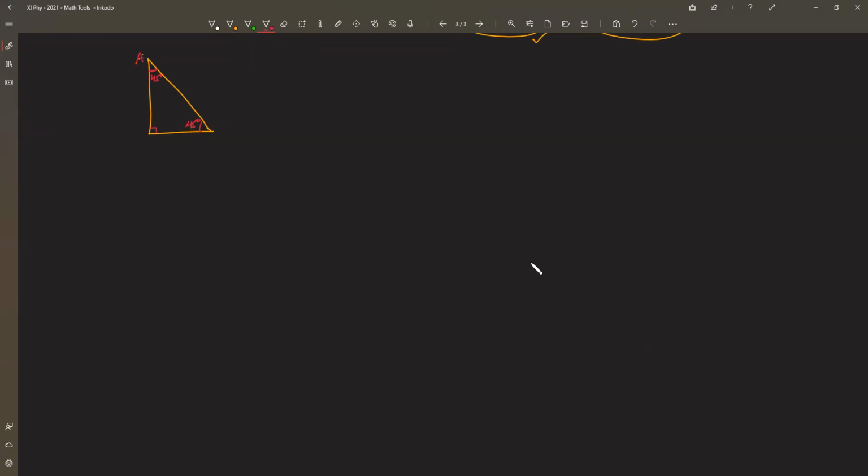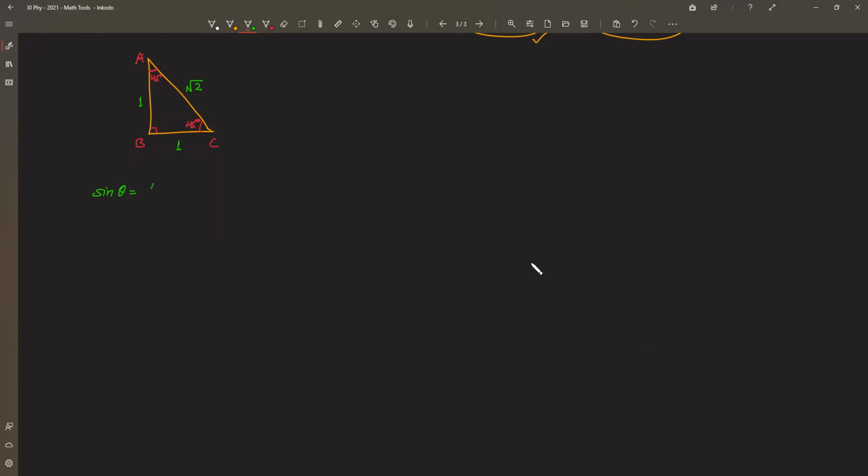So in that case, this triangle actually becomes an isosceles triangle in which sides AB and BC will be the same. The sides opposite to the equal angles will be equal in length. There are various ways of doing this. If I take AB equal to 1, even BC will be equal to 1. You can take even x and x, doesn't matter. And if that is the case, then the hypotenuse will be what? Root 2.